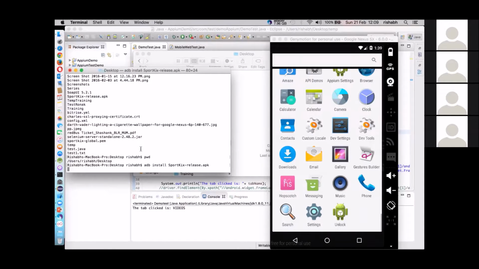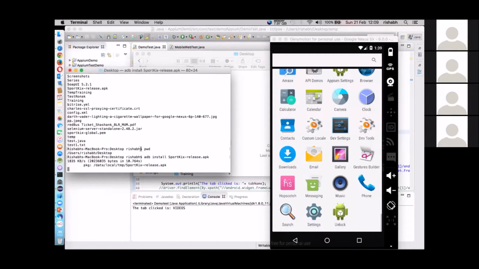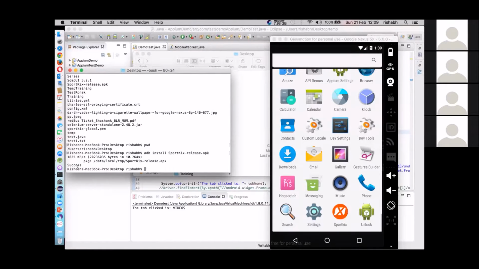ADB basically plays an admin kind of role in installing, uninstalling, and performing all the other actions. Now you can see this package is being installed, and it says success, and now SportKicks has appeared.